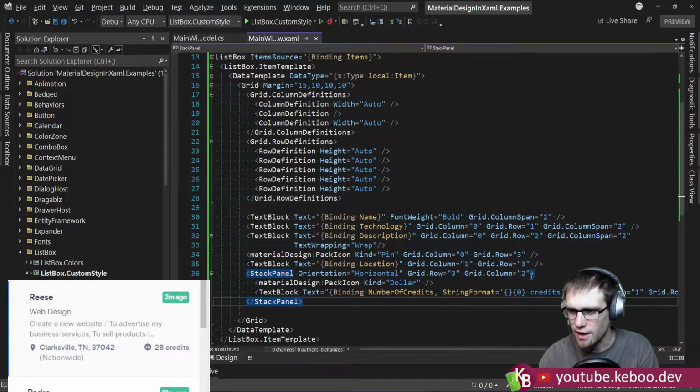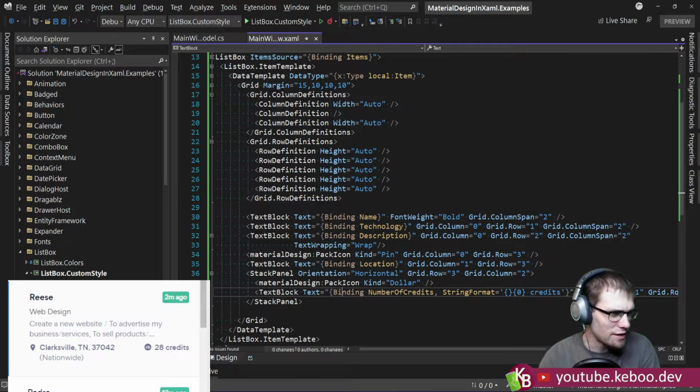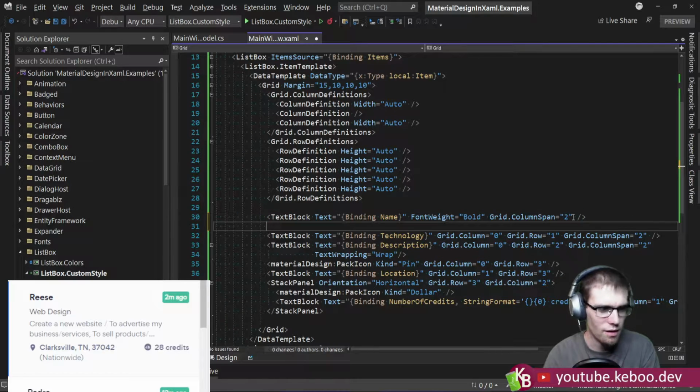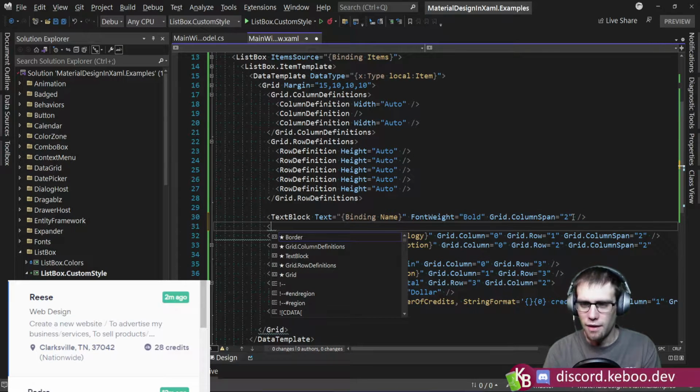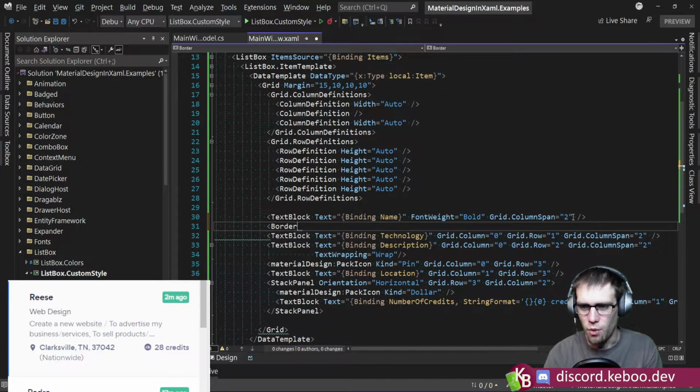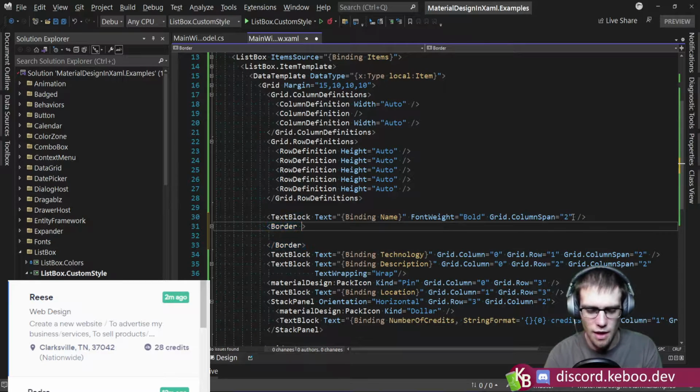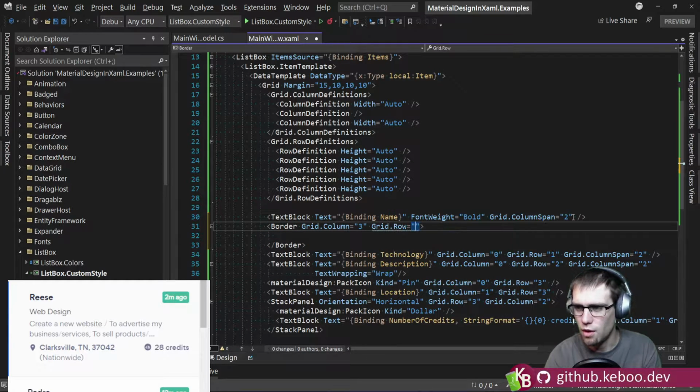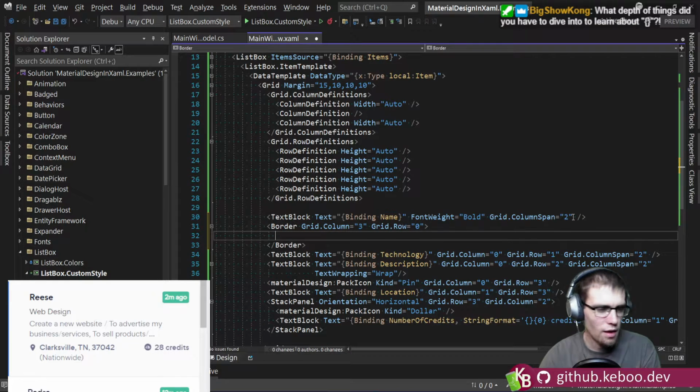Okay, so that gets us into there. I'm realizing I missed this little guy up here for date time, so we're going to come back up here. And let's do, I think I actually want a border here. So this guy we're going to put in a grid column 3, grid row 0. And then